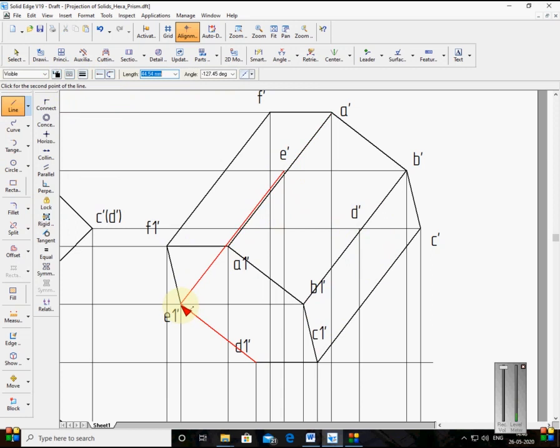E dash, E1 dash is hidden. D dash, E dash is hidden. Then E dash, F dash is hidden. Correct? Now from D dash, again it is hidden, corner hidden. So D dash, E dash already joined. From D dash to D1 dash, it is hidden. So D dash to E dash, C dash is hidden. For that, what you do is trim it to show it clearly.